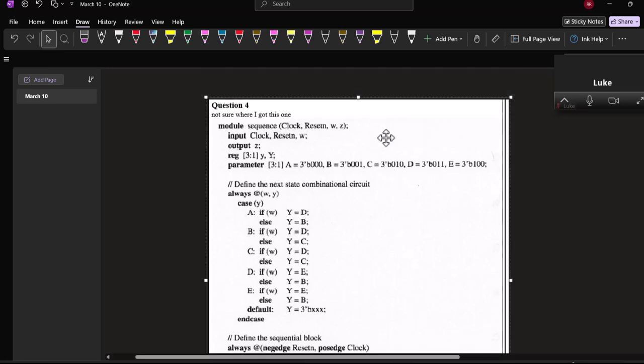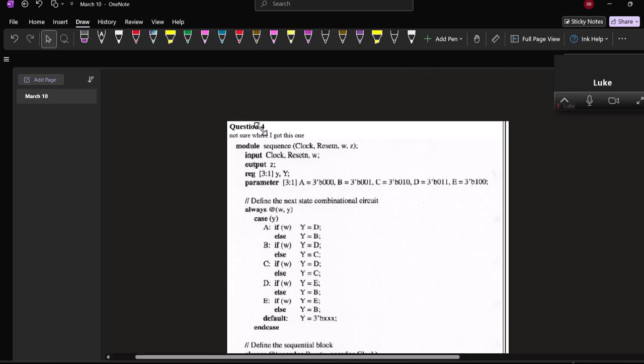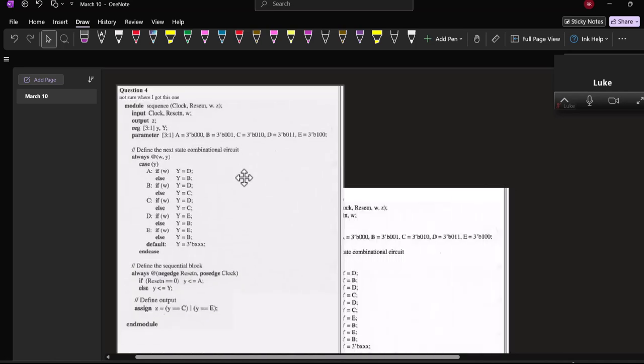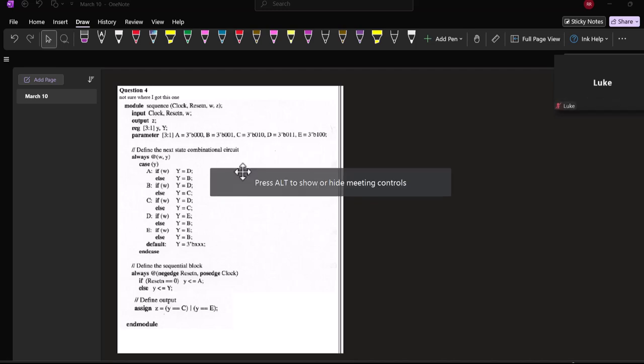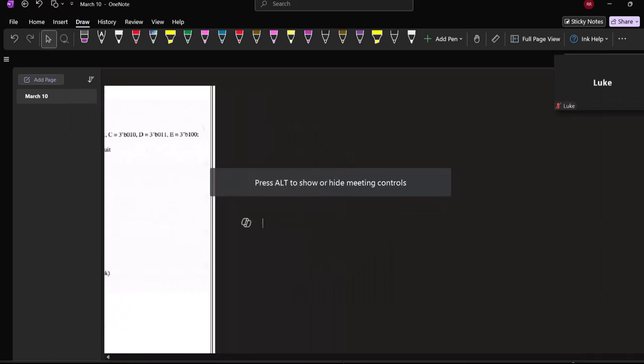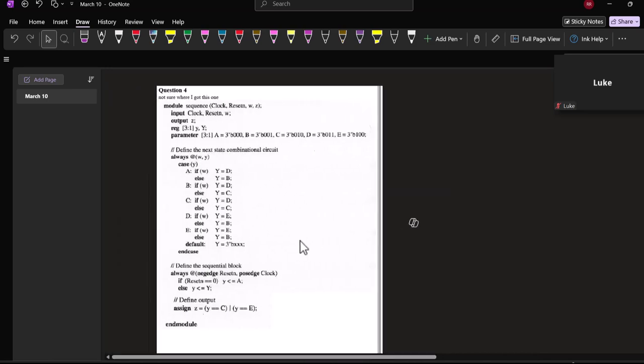Okay, all right. So now I was here, and I'm not sure. Did I have instructions on number 4 of what to do with it? Okay. All right. So we're just going to draw a state diagram just to make sure we know what's going on with it. So we see that we've got 5 states, A, B, C, D, E,